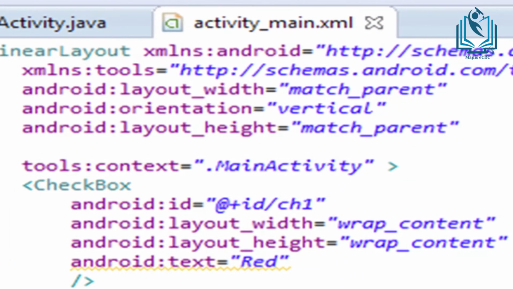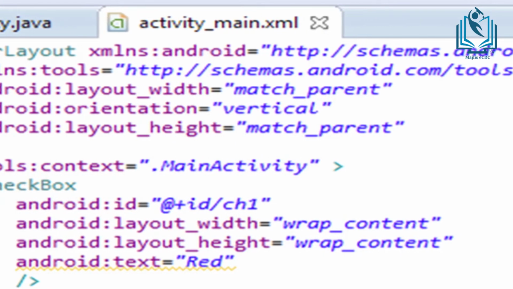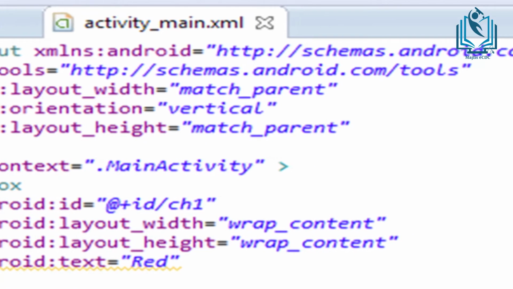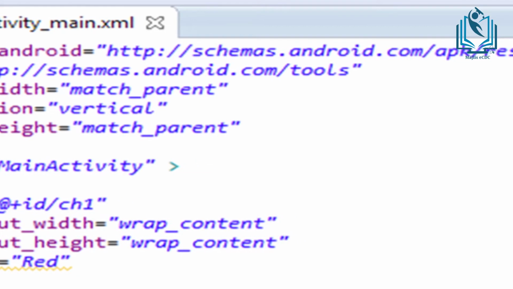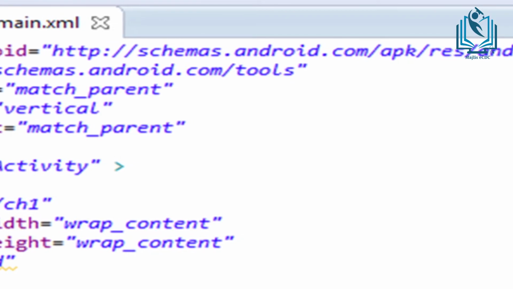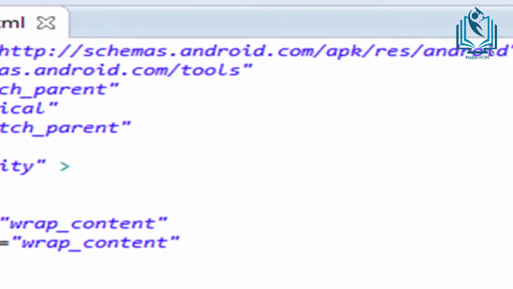In the case of button we use widget, that is the input control package, and we use import android.widget as a package for using XML commands. This is done in the Java programming section, and in the XML we use match parent and wrap content, these types of parameters to adjust the size of a mobile screen, that is the layout.